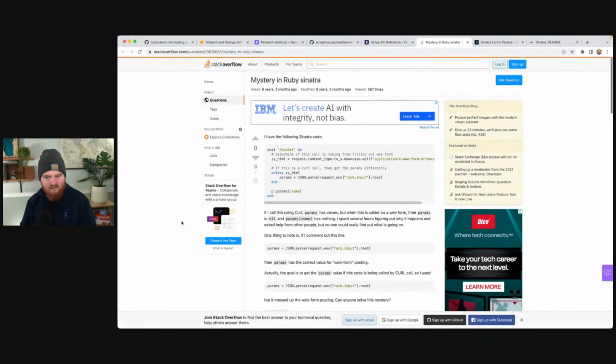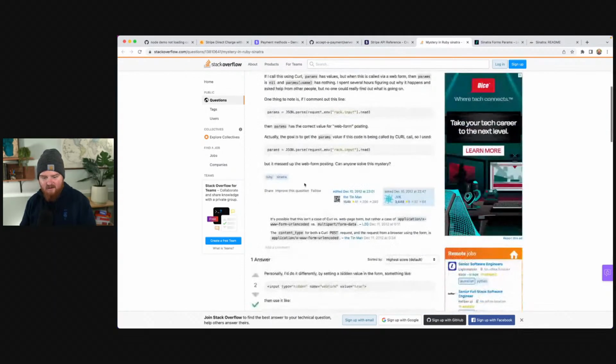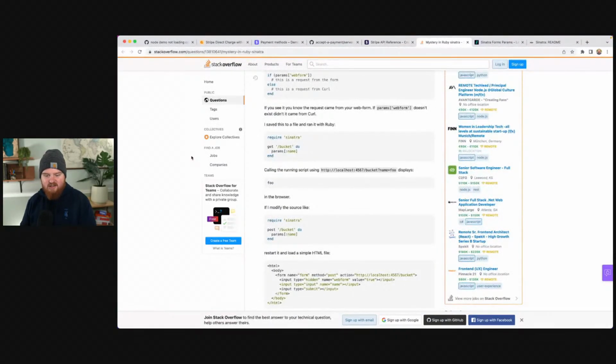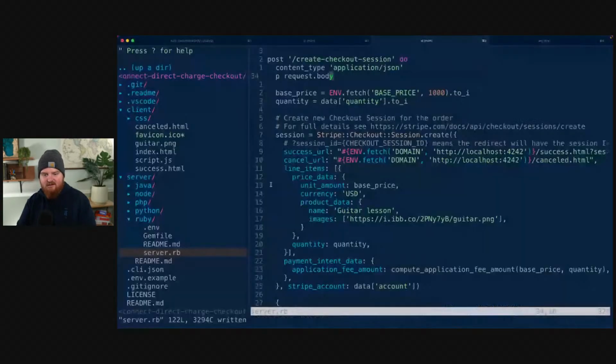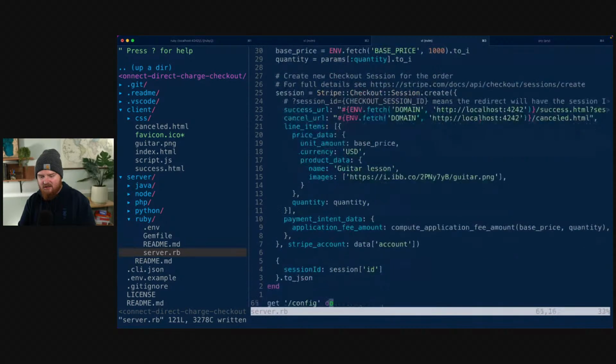Yeah, anybody on? No. Okay, let's see. Rack.read. Holy moly. Okay. So yeah, it's just params. Okay, yeah, just params. All right. So great. So we should be able to just change this to params quantity. And I think we should be able to change this to